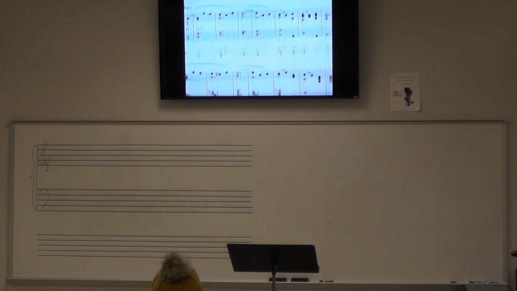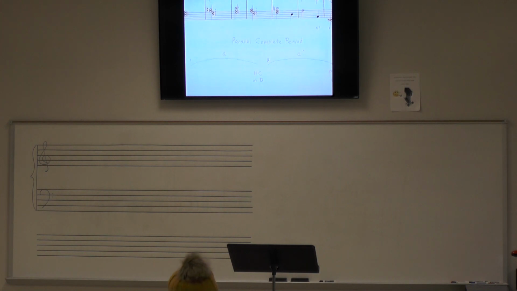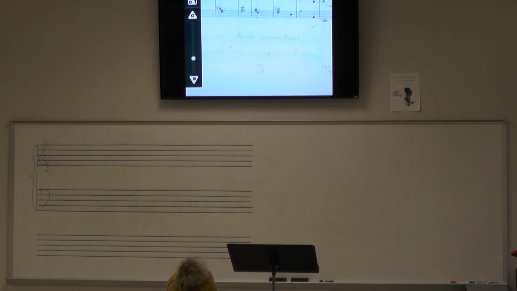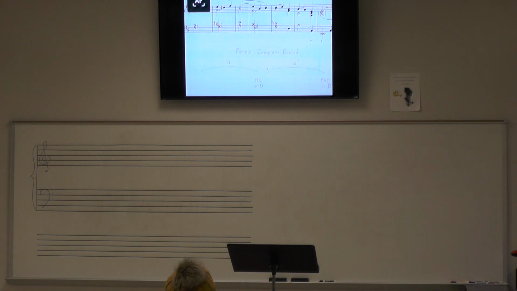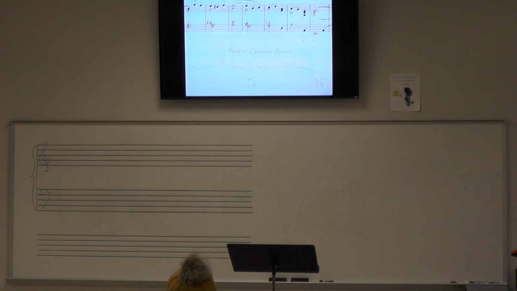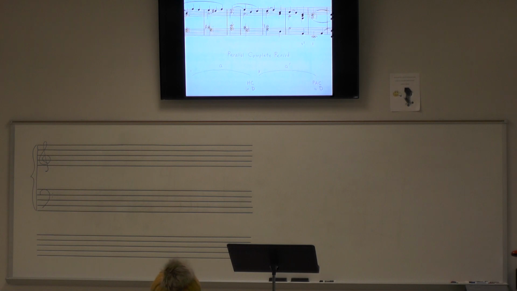And then my graph, I can also write it on the board, but my graph kind of turned out to be something like this. 2 phrases, each of which is 8 measures long. So the first phrase begins in measure 1, and the second phrase begins on the downbeat in measure 9. I labeled my 2 phrases A and A prime, because they're similar but not exact. The first phrase ends with a half cadence in D major, and the last phrase ends with a PAC in D major.